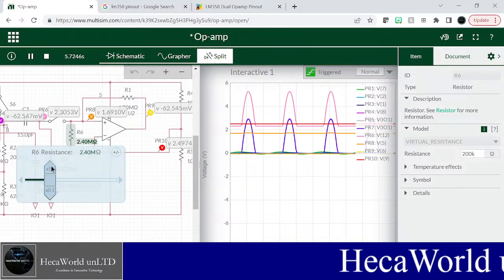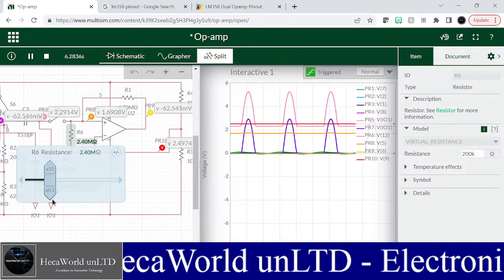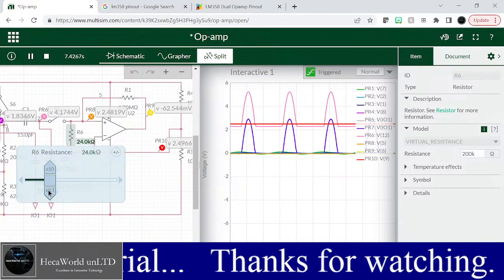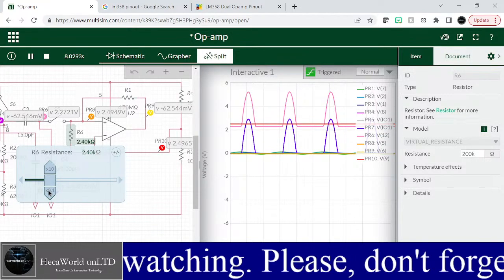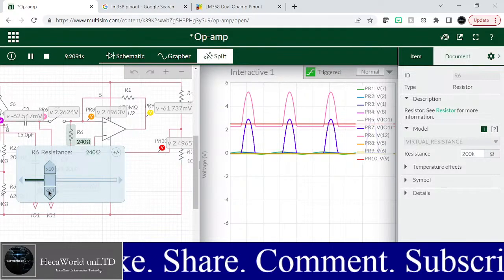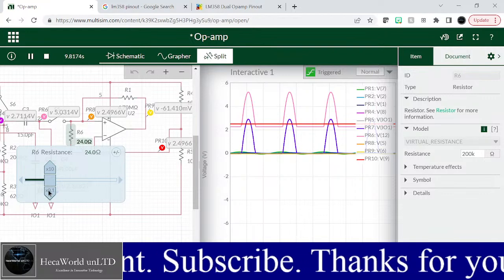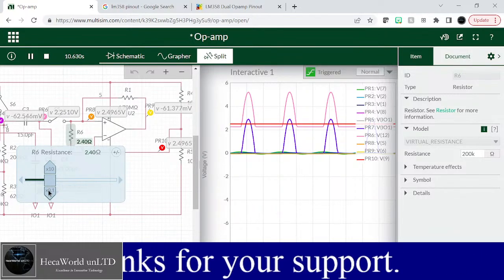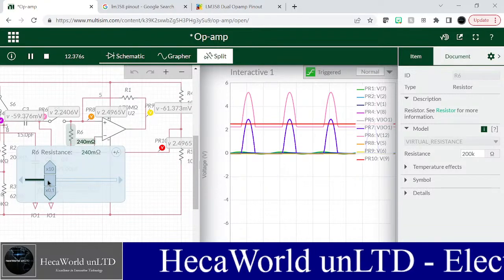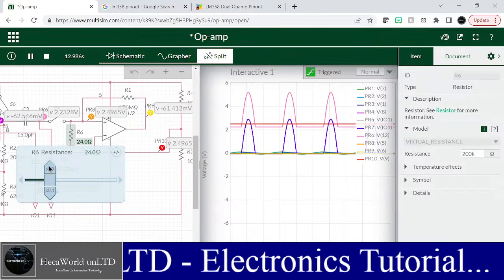I'm going to just increase it ridiculously. No, let's reduce that. All right, let's keep reducing that. All right, so there's nothing I can do to get